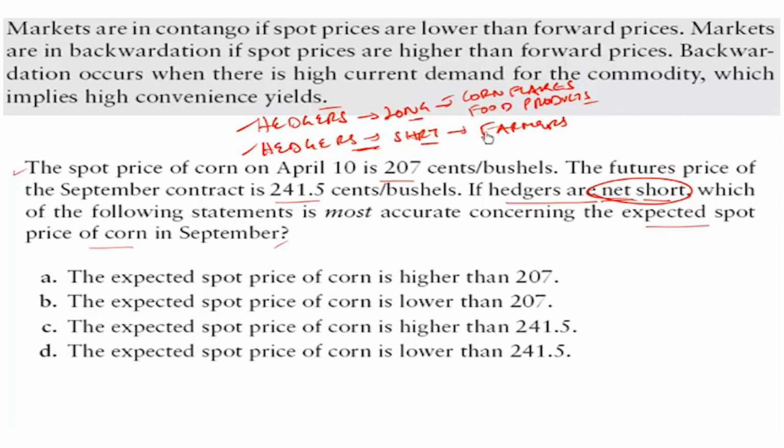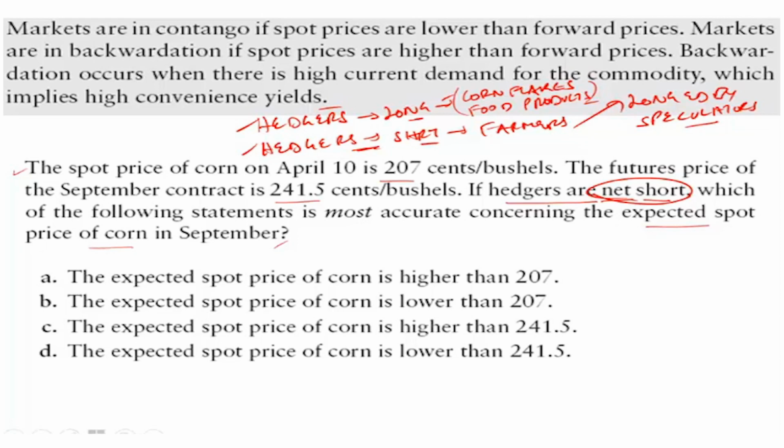So if there are more short hedgers, there are more farmers, then some short contracts will be absorbed by these long hedgers, but the remaining short contracts will have to be longed by speculators. So somebody who has absolutely no business with corn would have to be a speculator if he is taking the long side of that contract. However, the speculator will come in only if he thinks that he will make a profit.